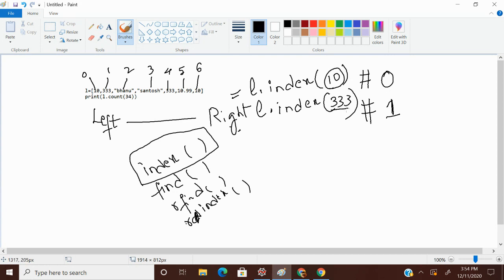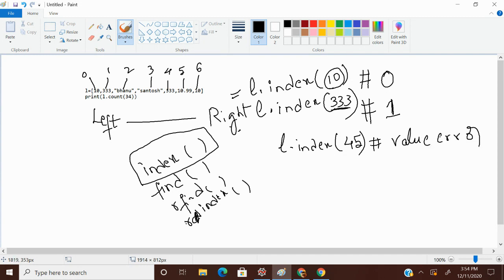If the specified value is present, it returns the index position of that value, the first occurrence index position. If the specified value is not present, for example I'm trying to provide the index of 45, and 45 is not present in my list, so what does it return? It returns a value error.